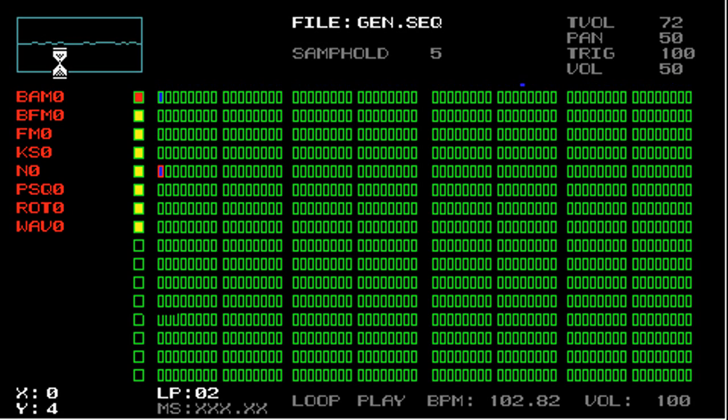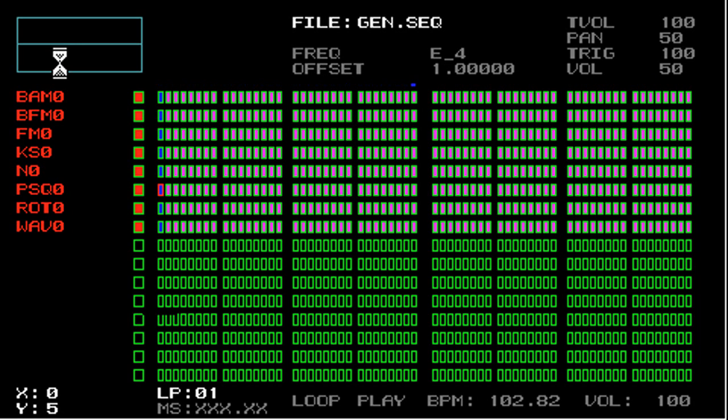Okay, so now what I'm going to do is mute the noise generator and move on to the next generator, which is called PSQ. So press square to mute that, and then I'm going to go back to loop 1, where I have all the control steps enabled for all the tracks. The reason why I didn't use this loop for the noise generator is that using the exponential decay envelope with the control tracks is a little bit trickier, so I wanted to make it easier to understand how that works,